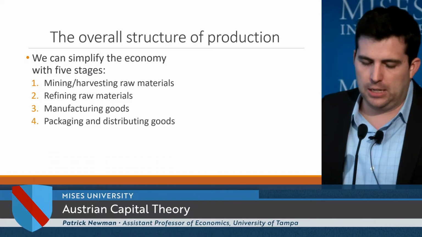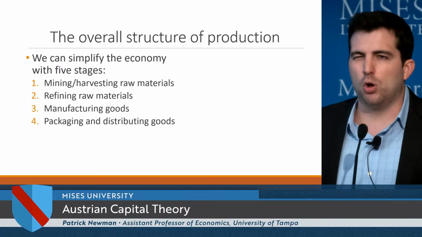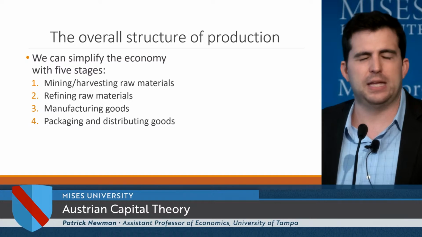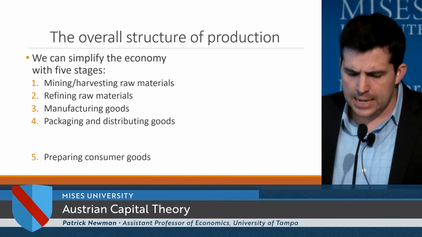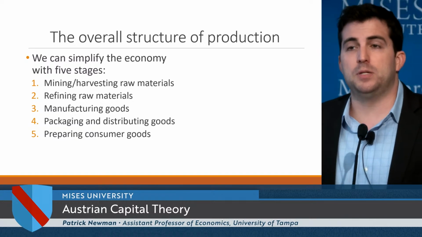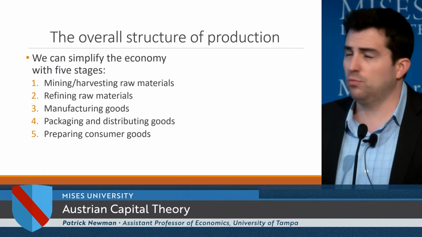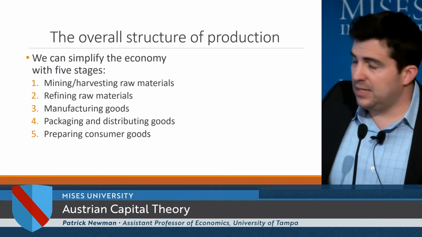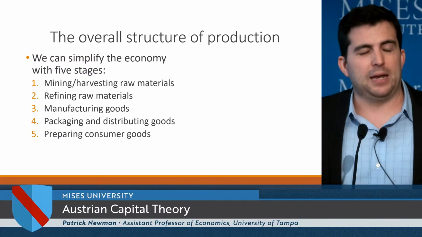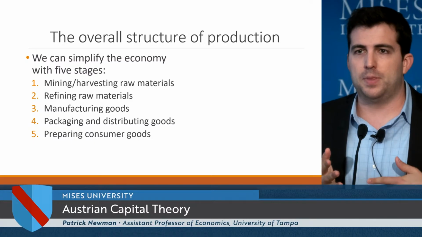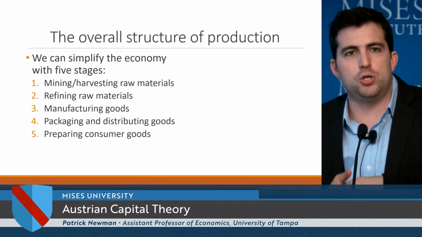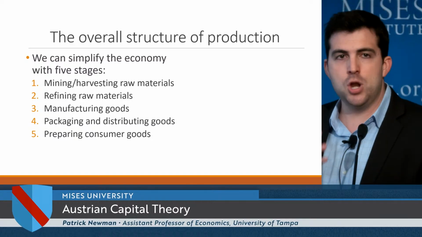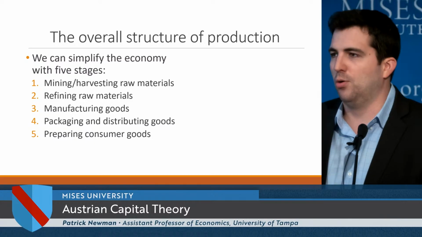Then you've got packaging and distributing the goods, sort of the wholesale level. You might have to put some wrapping paper on it. You've got to design the fancy cover or whatever. And then you've got preparing consumer goods to be sold to the consumer. So you can roughly break down the structure of production to make an iPhone or a laptop into these 5 stages. And of course, it's very complicated because technically we have to look at the structure of production to make the machines that are used to make the iPhones and so on and so forth. It can get very, very complicated. But we know that it exists, because we know that we get the goods.